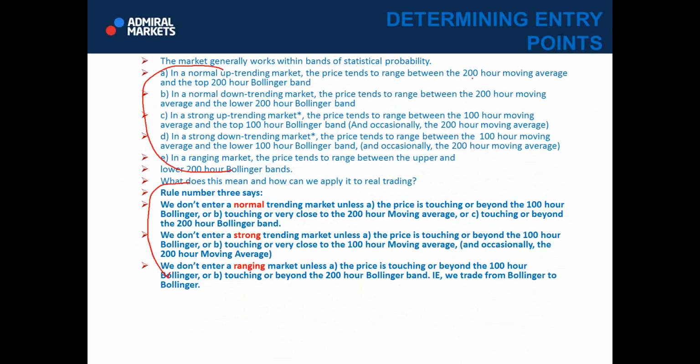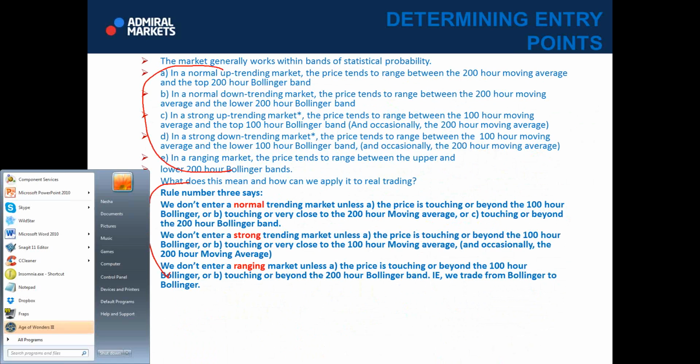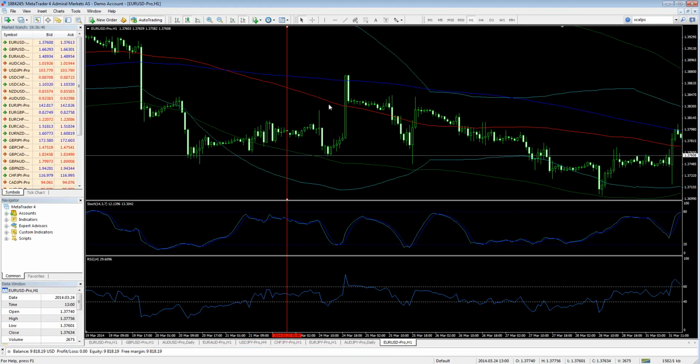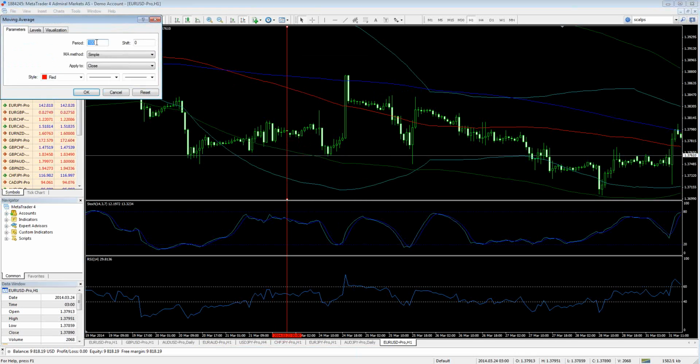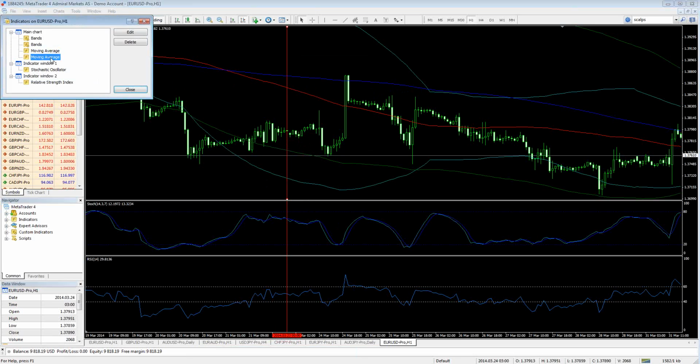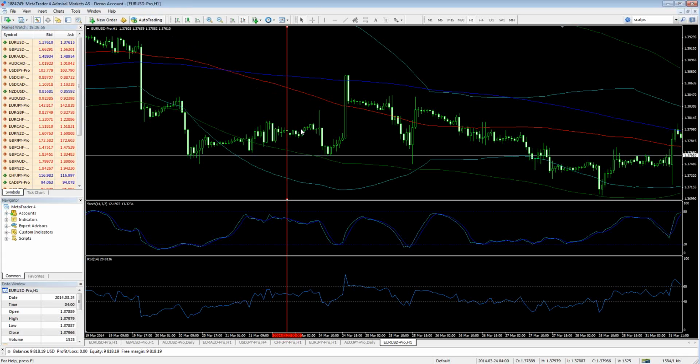The price tends to range between the 100-hour moving average and the 200-hour moving average. So the price needs to touch the 100-hour Bollinger or touch the 200-hour moving average, or sometimes go below the 200-hour Bollinger Band. And you want to see a reversal pattern. My chart shows the 100 period MA, which is red, you can see it here, and the 200, which is blue. In this example, I would wait for the touch of this level, this level, this level,